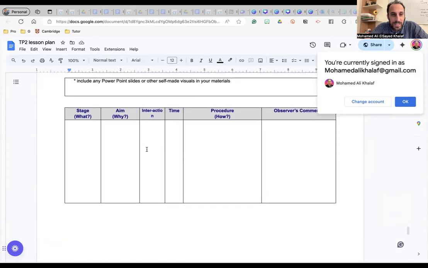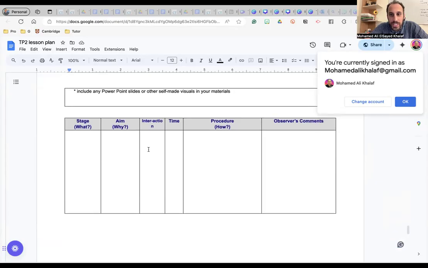And here is the procedure page. So let's say that your main aim is reading. And you looked at the materials and the TP points, your main aim is reading. What are you gonna do? Number 1, what are you gonna do? You decided the main aim and you're able to spot it in the TP points.